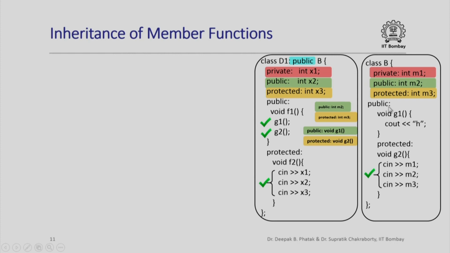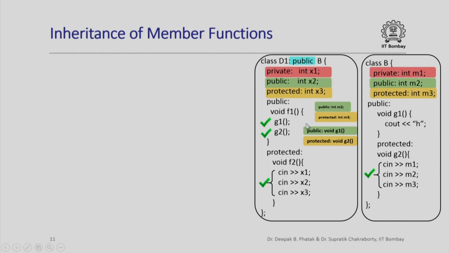Now a member function which is public in the base class can of course be accessed from anywhere, so I can certainly access it from the derived class, but a member function which is protected in the base class and the mode of derivation is public, once again you take the least accessible of these two specifications, that is protected. So G2 will be accessible from the derived class D1 here, but in the protected mode.